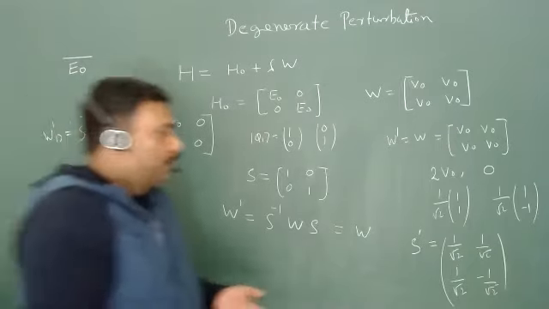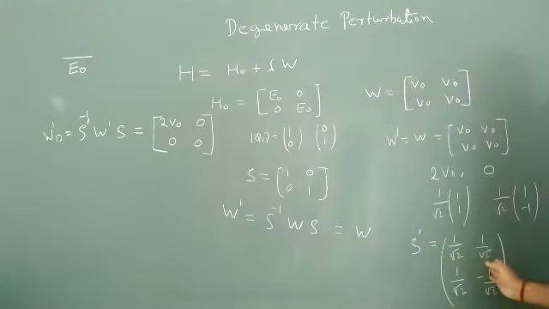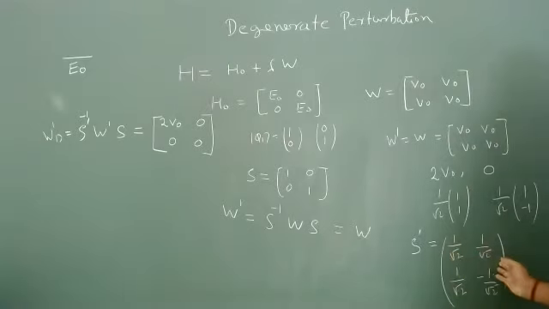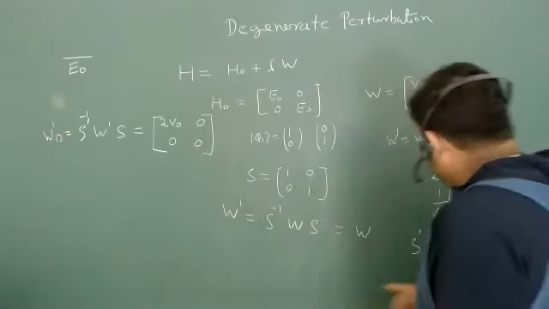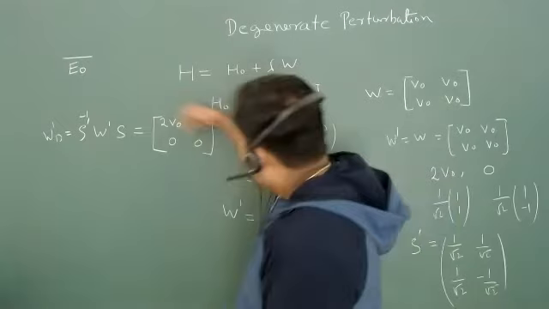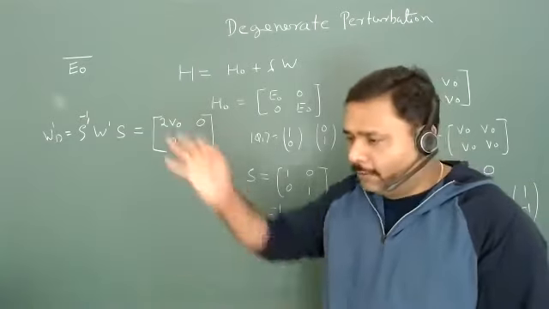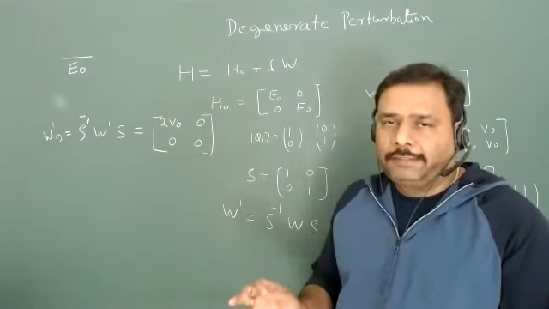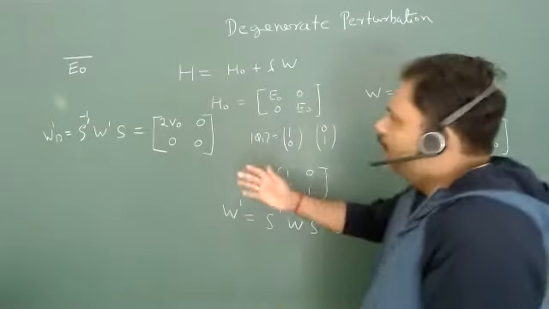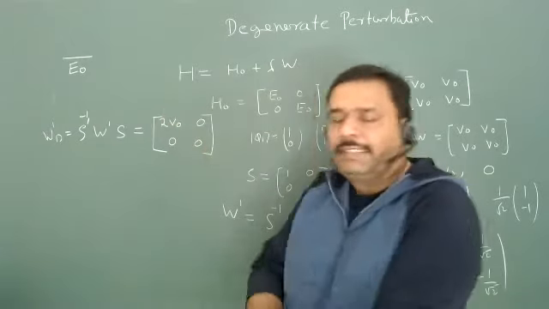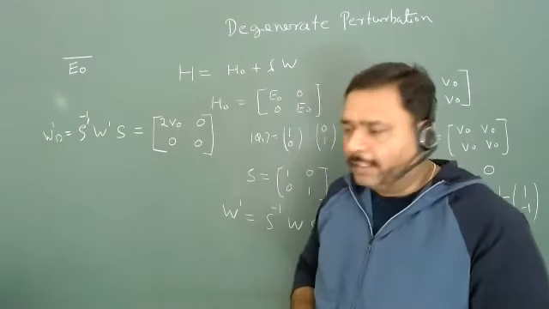Suppose some person takes this one here and this one there, then what will happen? You can just shift this one here and this one here. Then you have to calculate S inverse. There will be some sign change, and then you have the diagonal matrix as 0, 2V naught. You can check it. You can do this practice so that you will be very confident about what is going to happen to each and every matrix. So in the examination, there is no need to calculate all this. You can directly write this W dash as a diagonal matrix with the eigenvalues in the diagonal terms.